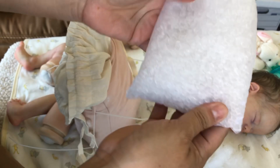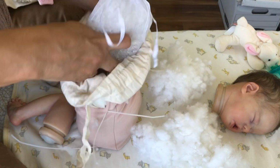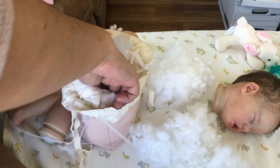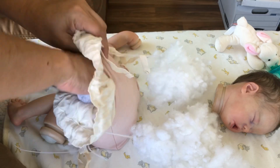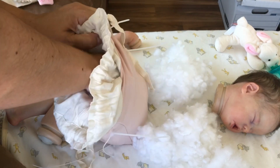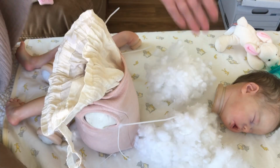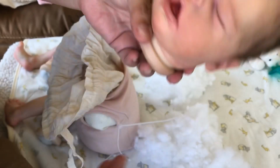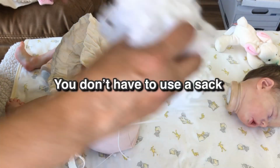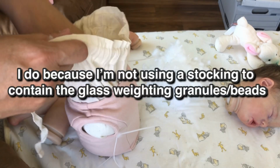I'm going to use these belly fat pellets because I love the way they feel. I'm putting these somewhere in the center. They'll also give her a little bit of structure, not too much, but at least they're squishy. Because I made her head pretty heavy, or it feels pretty heavy, I actually took weight out of it from what the artist did because she was a lot heavier. And now I'm just going to top it off with the polyfill